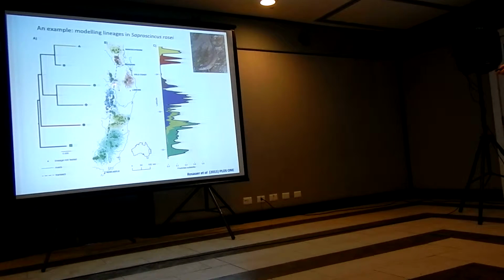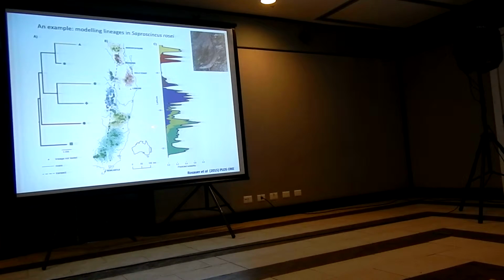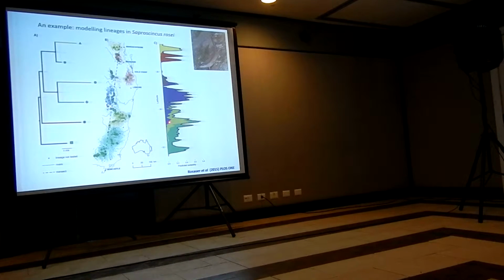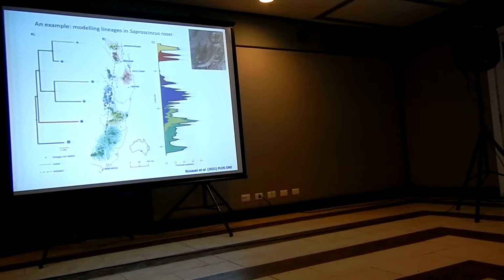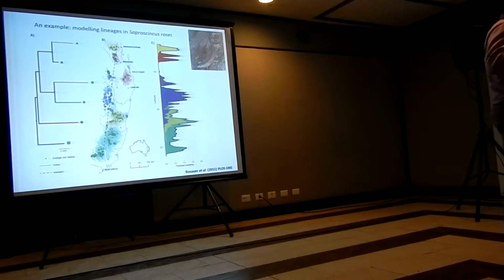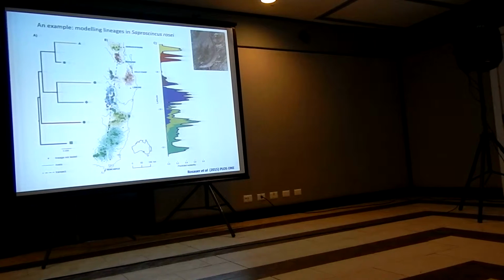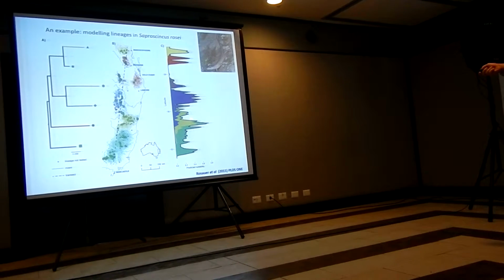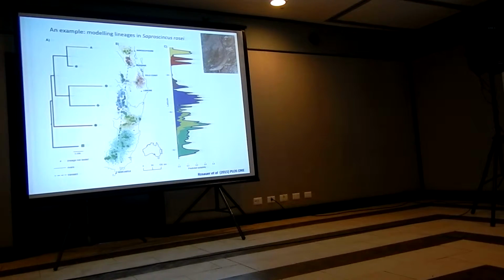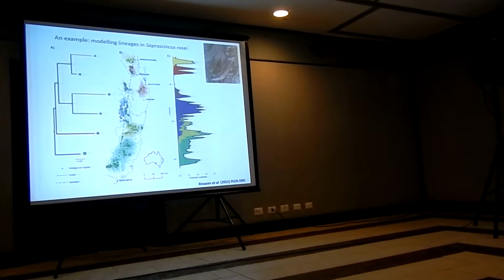But in a place where you've got a gap in sampling or a number of close lineages, you'll find that, for example here too, the species distribution model is divided up amongst a number of lineages. And that's not indicating particularly co-occurrence, what it's indicating is uncertainty. And where you've got uncertainty, the best thing to do is actually carry that uncertainty through your model and maintain all the information you can. And that also flags places where additional sampling in the field may be most useful.